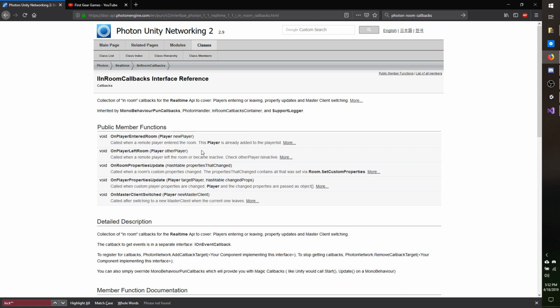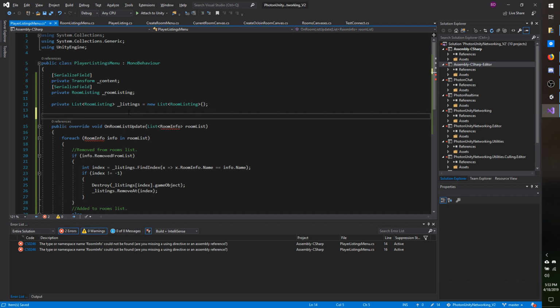You can also get a collection of current players in a room, but you shouldn't necessarily need it as long as you add them as they join and leave. So OnPlayerEnteredRoom and OnPlayerLeftRoom is what we are looking for. So I'm going to add public override